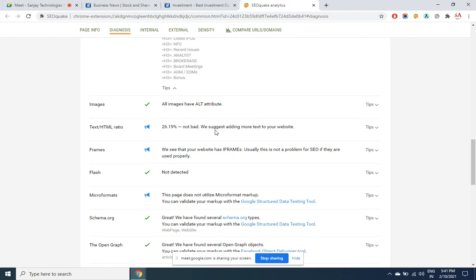But search engines are not going to give you even a single extra mark based on the theme, color, background and all that. What matters to them is only the matter. If I want to know who is the most intelligent student in the class, will I be looking at their face appearance or will I be looking at their IQ or marks or aptitude? Of course, I'll be looking at their aptitude.